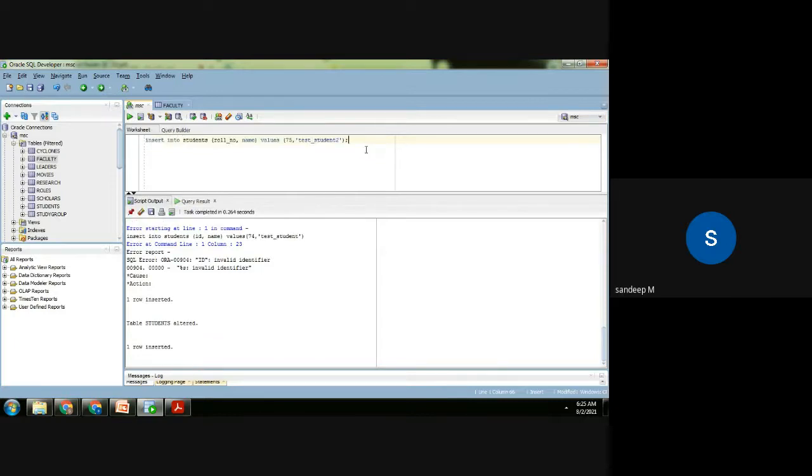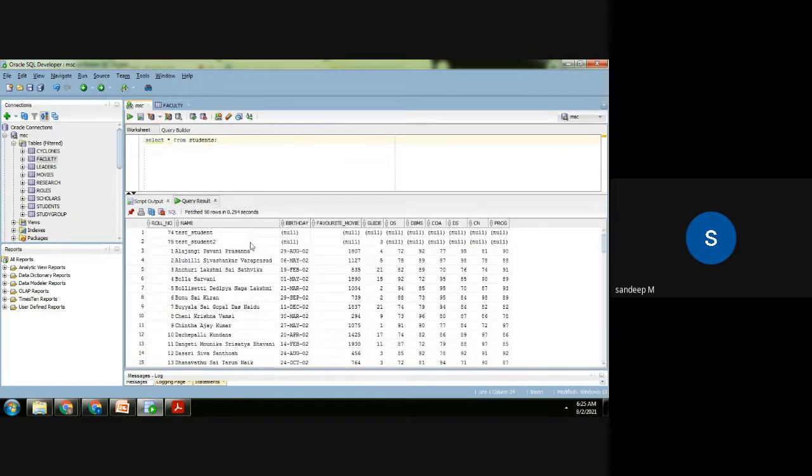The row is inserted, and now let us see what is the value. Earlier we had a null value for guide. So let us see what happens now. For the second student, the faculty ID is 3. Earlier it was null, but now we have specified a default value. So that is how default works.